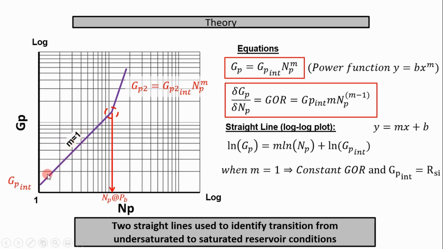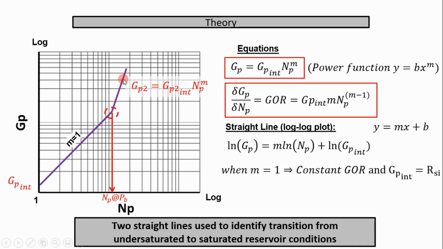And so you're going to set this through the early time data. You're going to eyeball this. And the intercept you come up with right here is going to be your initial producing gas-oil ratio, because you can see here the intercept on a log-log plot is at a value of 1. So your x is equal to 1, your y is some value, so y over 1, well, that's going to be your slope. So then you're going to fit this data the best you can with this constant GOR line,